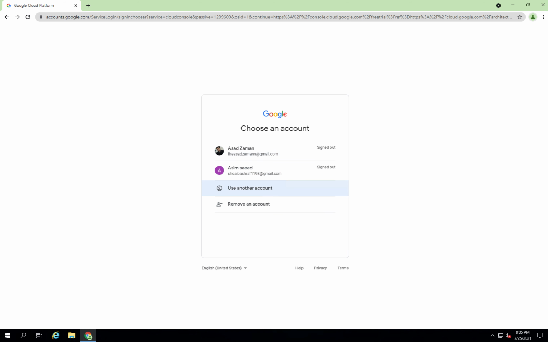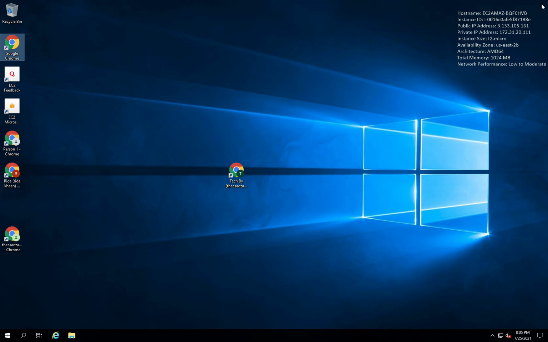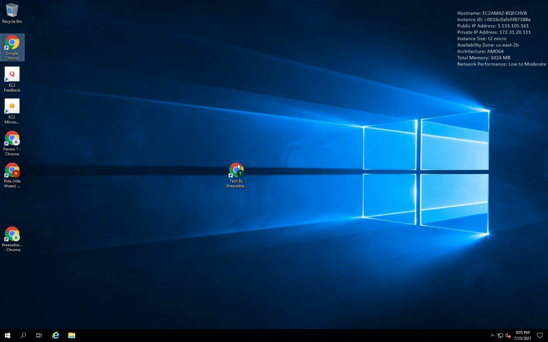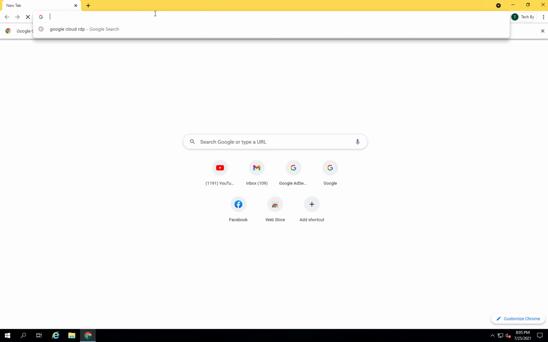Again it's asking for a user account. I am not having my mobile right now, so I cannot continue, but I will tell you that after signing up, let me show you the page.